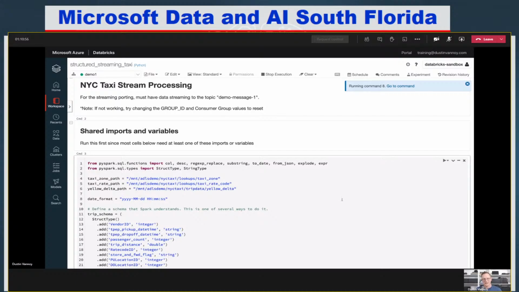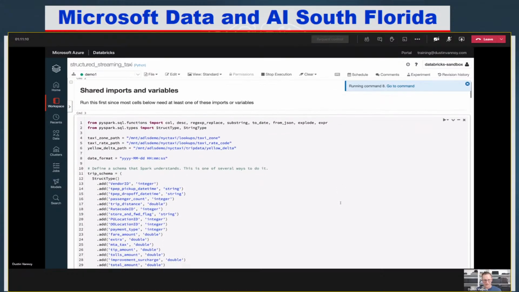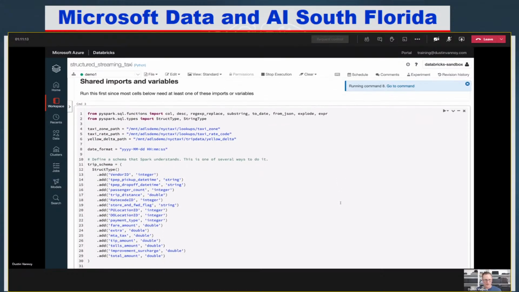So we're dealing with New York City taxi data that is available as a public data set in Databricks. If you experiment over in the Azure Synapse side, by the way, this same data set, I think it's a different year, but the same data set's available. So you can take a lot of this code and port it to Azure Synapse Spark as well.